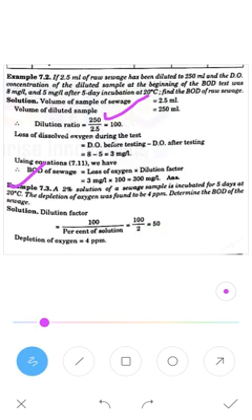There are two ways: either they will give it in the form of a percentage solution, or they will give the raw sample of the sewage versus the diluted sample, both of them. In either way, you have to determine the dilution ratio. This is a very important way of finding the BOD of the sewage. It is a very important question you can expect in the examination, so go through it.